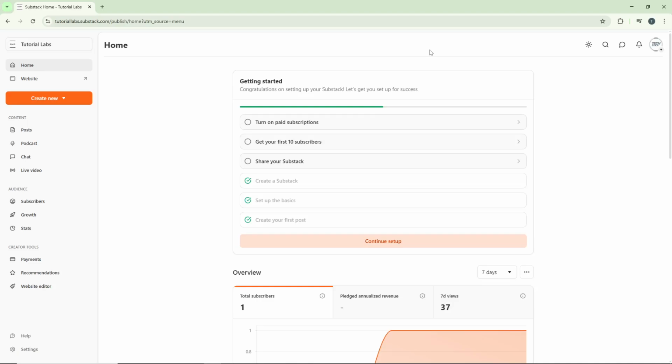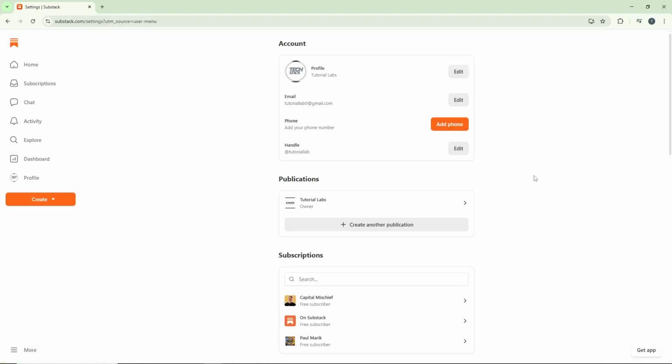Now, shift your attention to the upper right corner of the screen. You'll notice your profile icon or account picture displayed there. Click on it to reveal a drop-down menu with various options. From this menu, select Settings. This is where all your account configurations and preferences are housed, allowing you to make changes to how your Substack